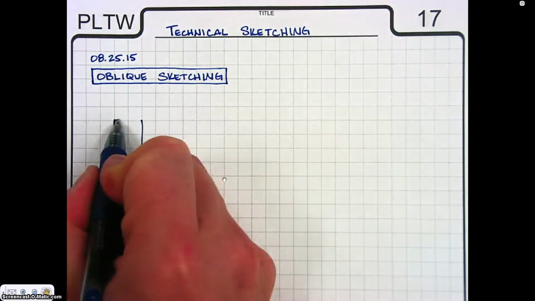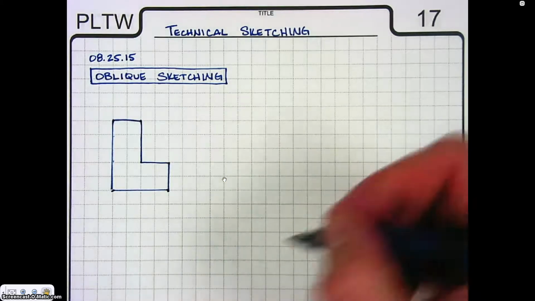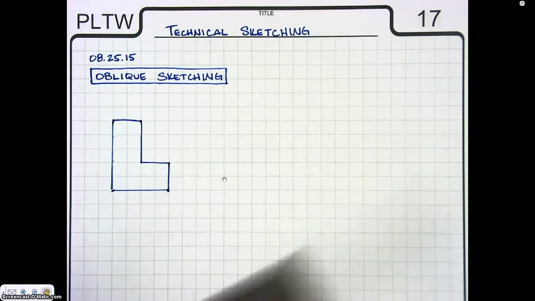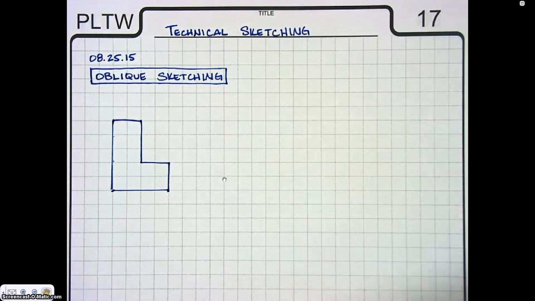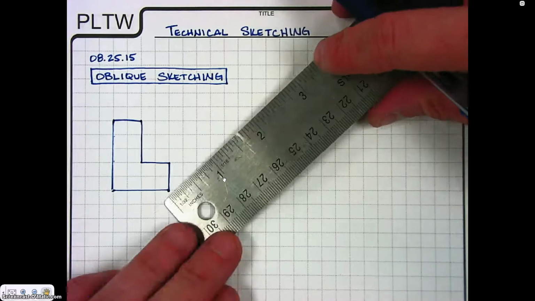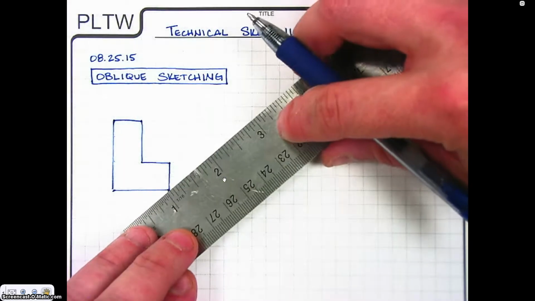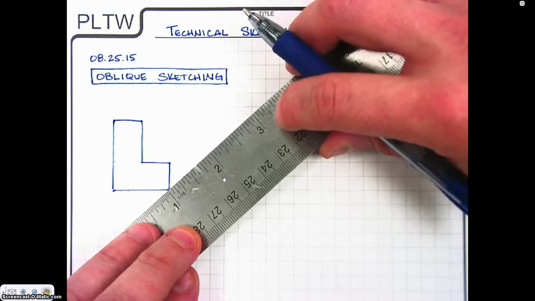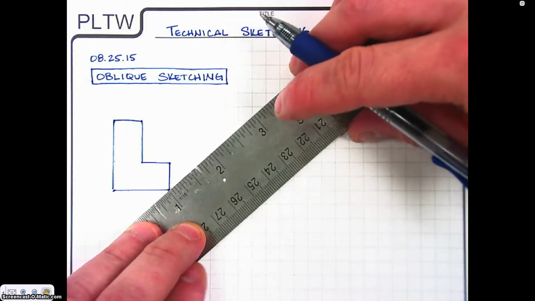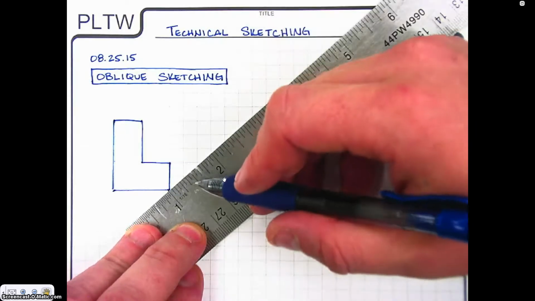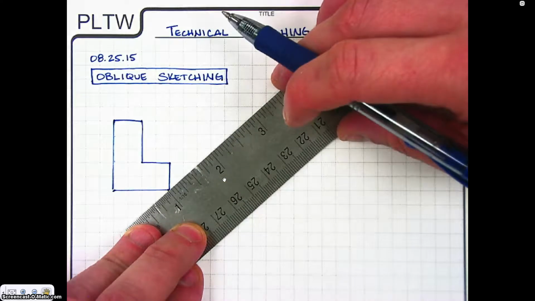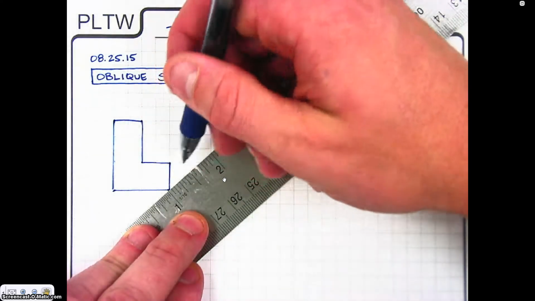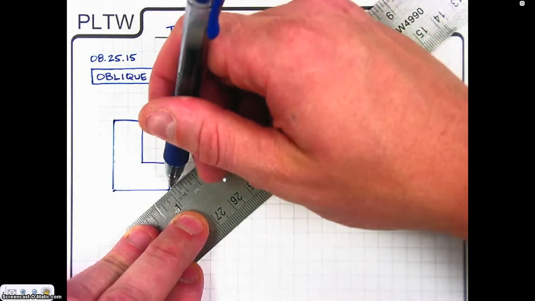And to make an oblique sketch, the first thing you're going to want to do, like we just did, is draw the front view. From that front view, you're going to want to add depth lines at 45 degrees. One way that we can know 45 degrees on our grid paper is to use a diagonal line straight through those grid spaces. And if I make a point there and I want my depth of this to be a 1/2 inch,